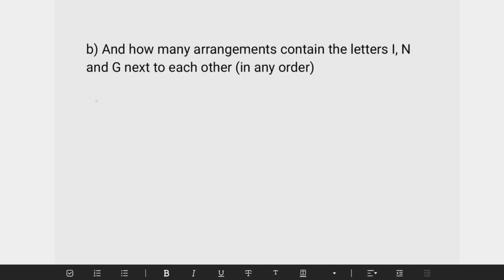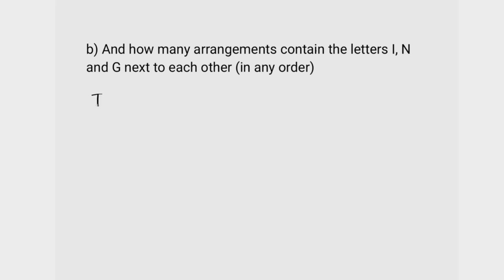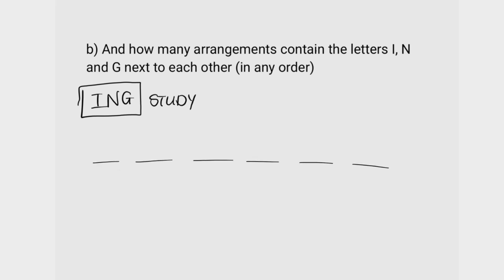So we do the same thing where we block off the letters I, N, and G, and then we have S, T, U, D, Y left over. Now they can be in any order. So we have 1, 2, 3, 4, 5, 6 positions, because there are 6 letters, quote unquote. But then, because they can be in any order, we also have to take into account the